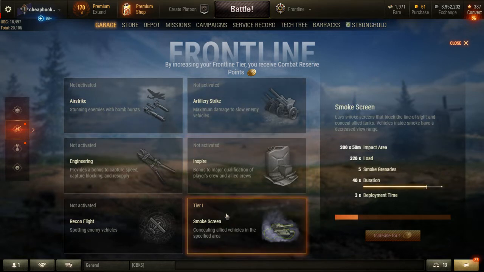The other reason why I tried smokescreen is because I'm trying to get more EXP from assistance damage, which you can earn with recon flight and smokescreen, and I think you can earn it also with Inspire. And I've been practicing, and I haven't really gotten there yet. I've done lots of recon flights which don't do any damage, and with smokescreen, a lot of times I really don't get any assistance damage, but I'm learning how to play it,